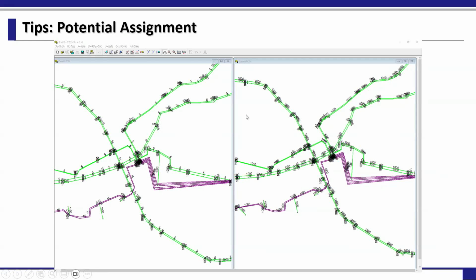However, if the demand forecasting is conducted for both cases and you show a significant difference between the potential assignment and the so-called actual assignment, you need to conclude that there is a so-called potential capacity for this corridor. So actually, when you develop the 2030 or 2035 OD tables and conduct the actual traffic assignment and the potential traffic assignment, there is a